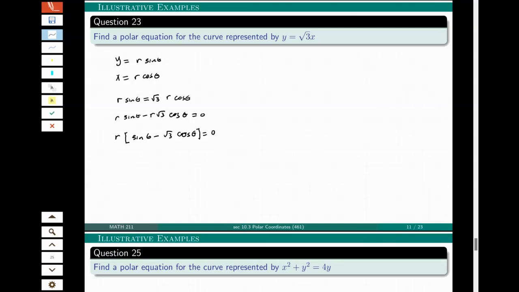Now, if r is different from 0, then sine theta minus root 3 cosine theta is equal to 0, which means sine theta is equal to root 3 cosine theta. So divide by cosine theta, and you will get tan theta is equal to root 3. Now, what about if r is equal to 0,